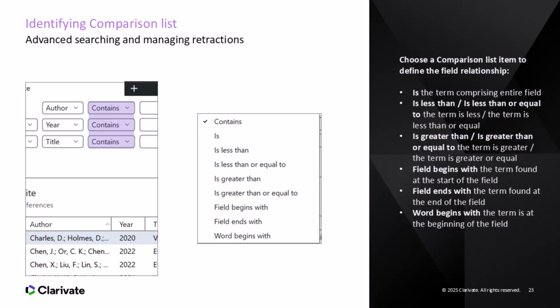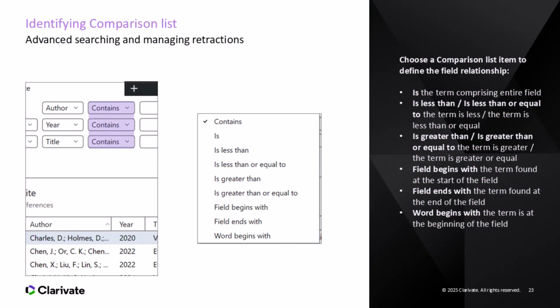This dropdown lets you choose the relationship between the field and your search term. Some of the most common options include: "is", for exact matches; "is less than" or "is greater than", great for sorting by year or numerical values; "field begins with" or "field ends with", to search for terms at the start or end of a field; "word begins with", useful if you're unsure of the full word or want to match stems. These comparison options give you a lot of flexibility in how you structure your search, especially when you're working with